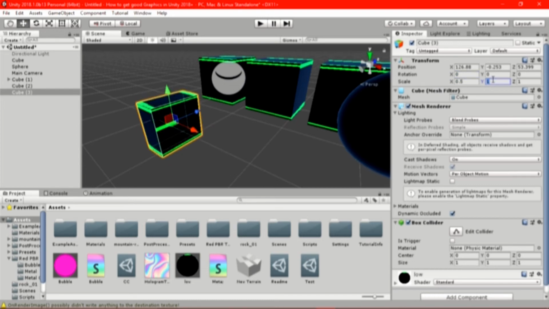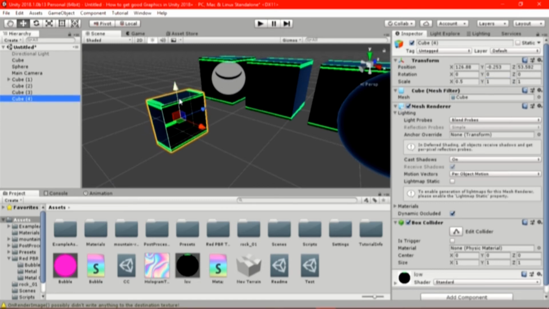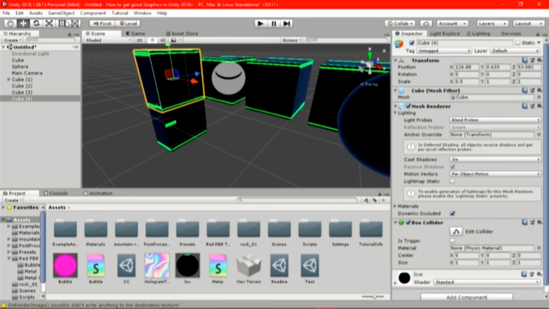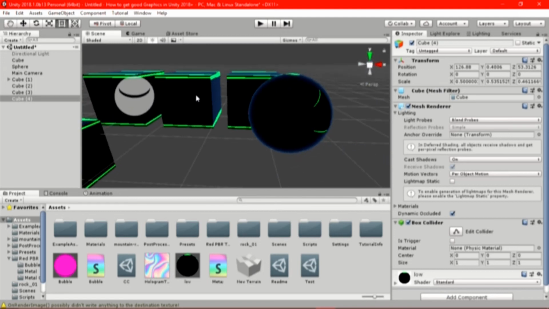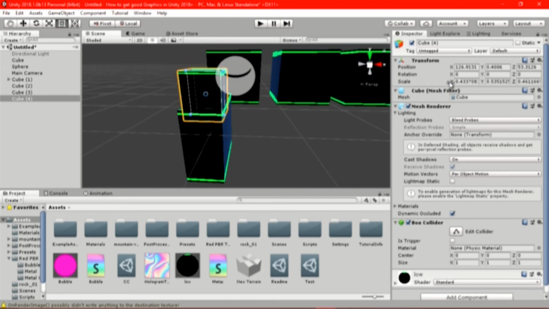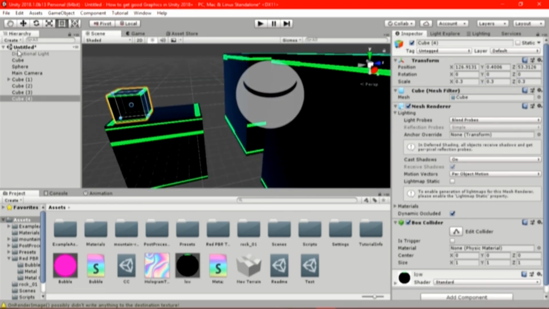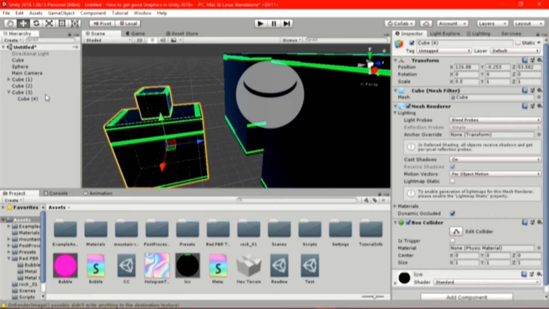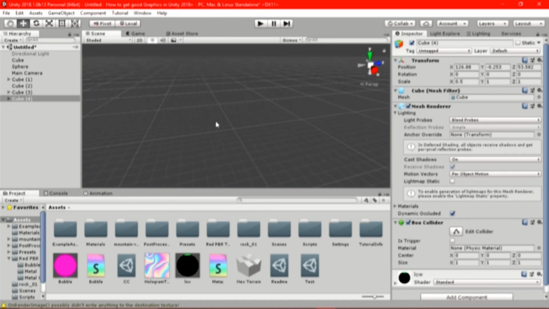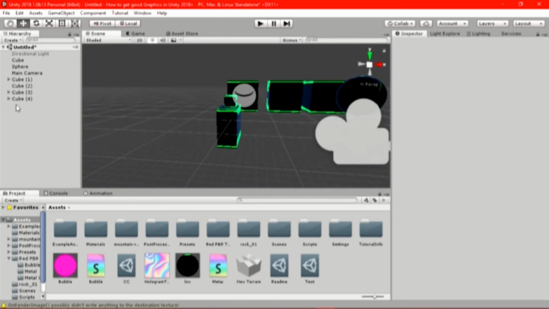That's just for decoration. Okay, let me just add two of it, both sides,